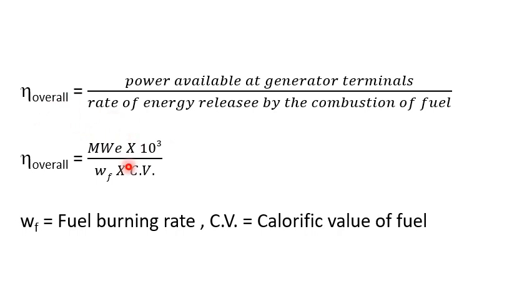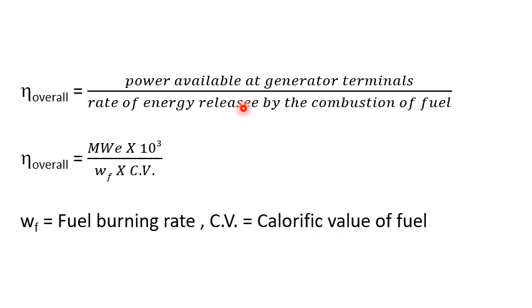And in a steam power plant, there are various types of efficiencies we should consider, and one of them is overall efficiency. The overall efficiency of a power plant depends on the efficiencies of the boiler, turbine, alternator, and the cycle efficiency of the power plant. The heat produced due to burning of coal is not fully utilized for generating electrical energy because there are heat losses in the boiler and turbine, and mechanical and electrical losses in the turbine.